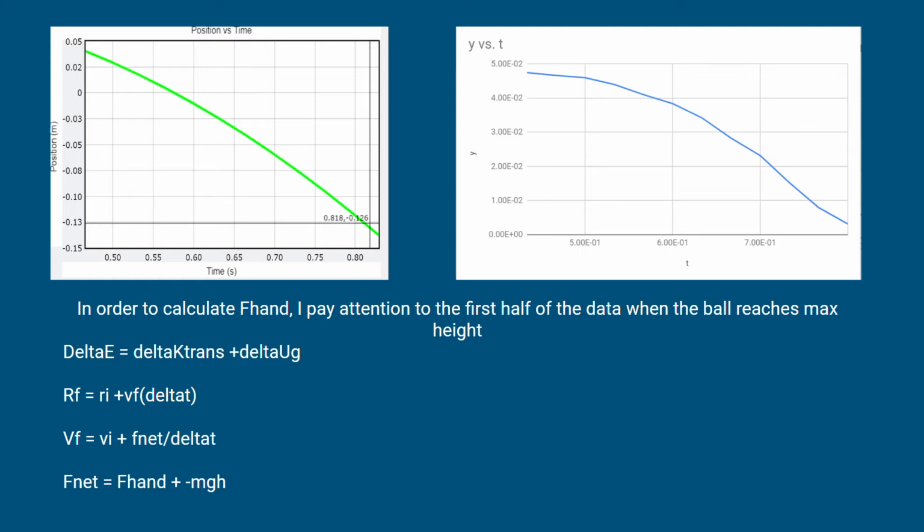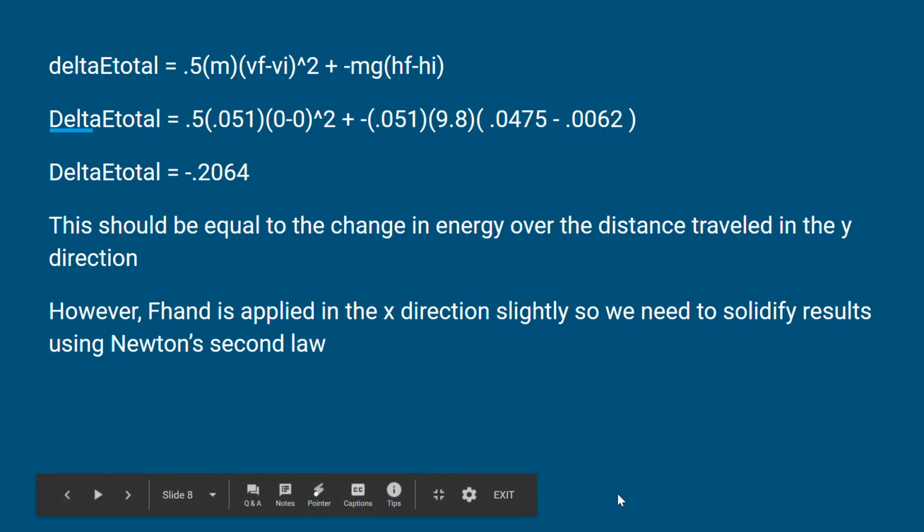Now when I want to calculate my F hand, again I'm paying attention to the first half of my data when it reaches its max height, and I'll be using these four equations like I said previously down below. I calculated the delta E total, but I only calculated it in the Y direction, so there should be an equal change in energy over the distance traveled in Y, but